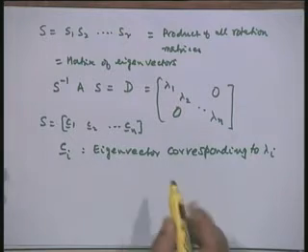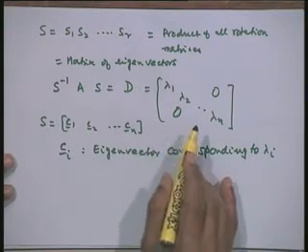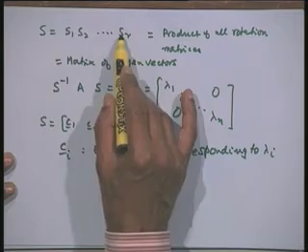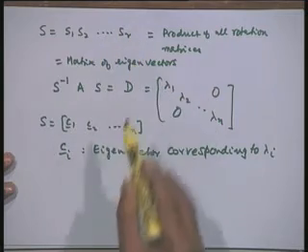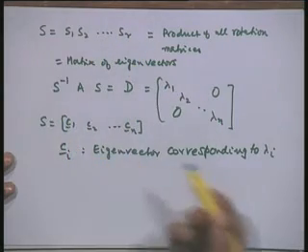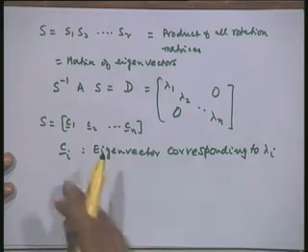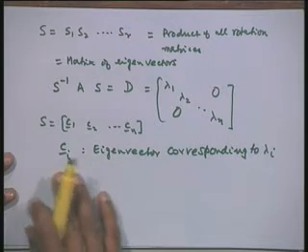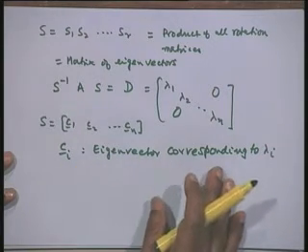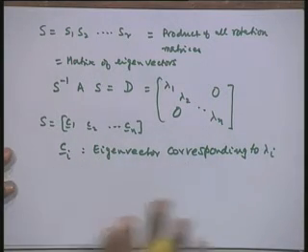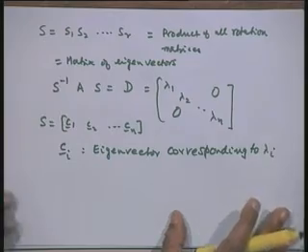Therefore, for finding the eigenvectors we do not have to do anything extra, except multiply these matrices S1, S2, Sr and then take the columns as the corresponding eigenvectors. They would almost be in the required normalized form also, and we will have the eigenvectors available automatically. Now, let us take a simple example on this.